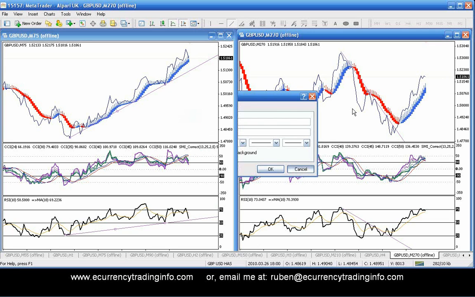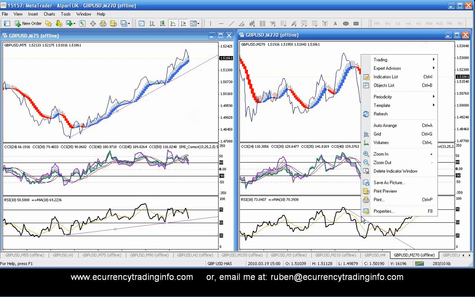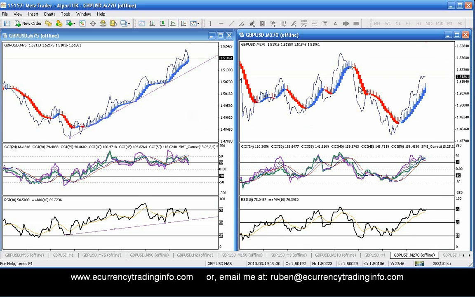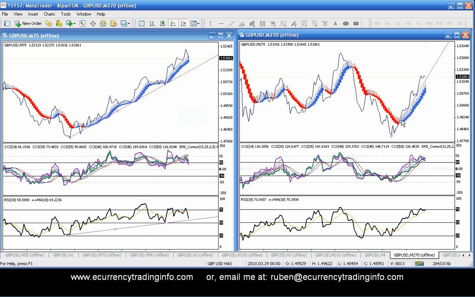Second, let's get rid of this, and let's get rid of this. So fine. If you prefer to work with trend lines with the candles,